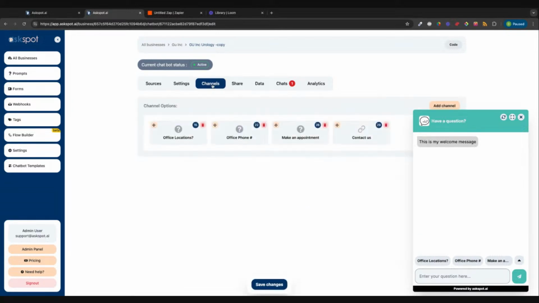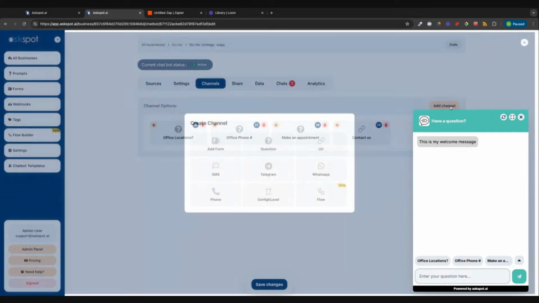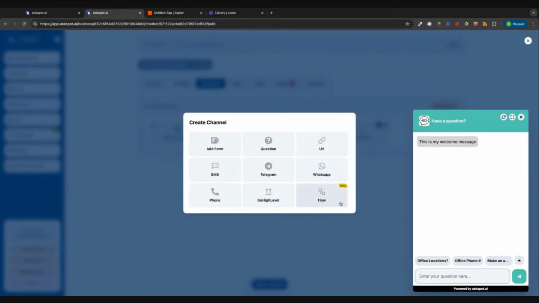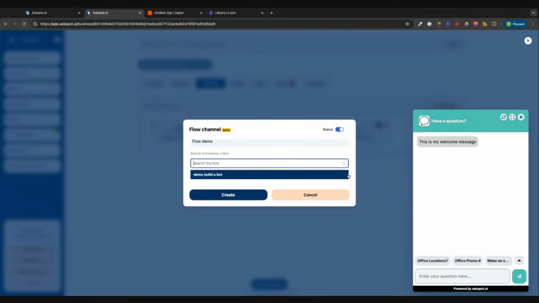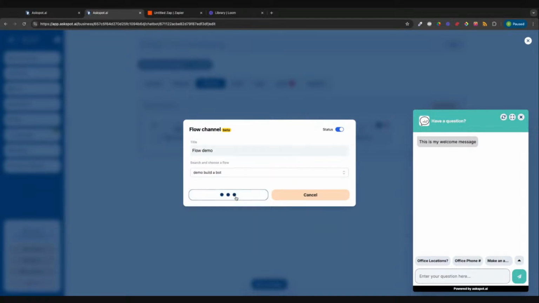So if you go to channels and we choose add channel, you'll see this new channel here for flow. This is a flow channel. Click on that. Now, the way that we're connecting this doesn't quite make sense for the use case that I'm showing you, but I just want to show you how you can use a channel to connect a flow to the bot in a different way. So flow demo, we'll choose the flow, right? That's the one that we built. We hit create,